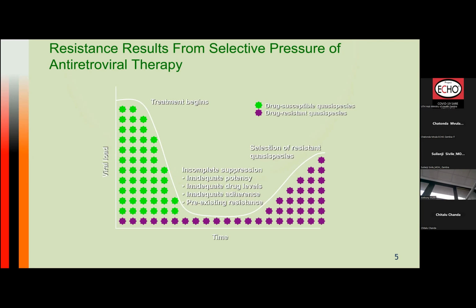Now, when somebody is infected with the HIV virus, we know that at the early point, you have the so-called wild type. It can be shown here, like in green, what you see. So this will be the drug susceptible quasi species that the drugs can work on and can stop the replication. But because of the high replication rates of the virus, there will be some quasi species which will be inherently